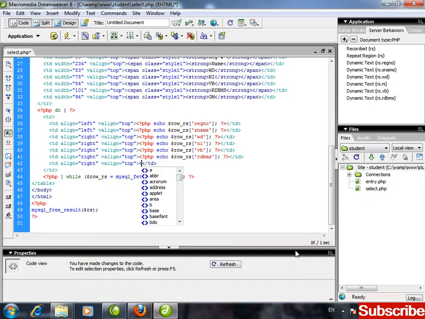In this selected area, first of all, less than question mark PHP, the script started, and here I'm going to close the PHP script. The PHP script closed.